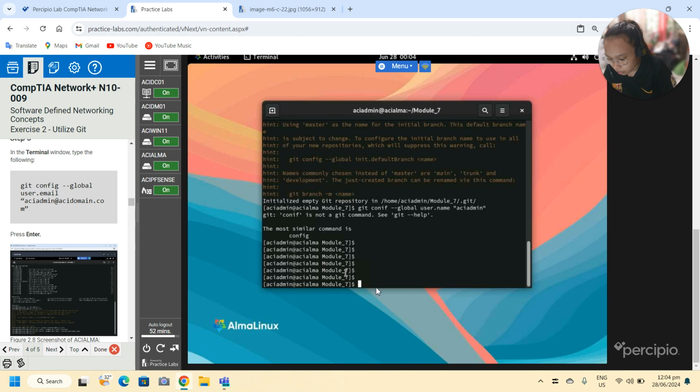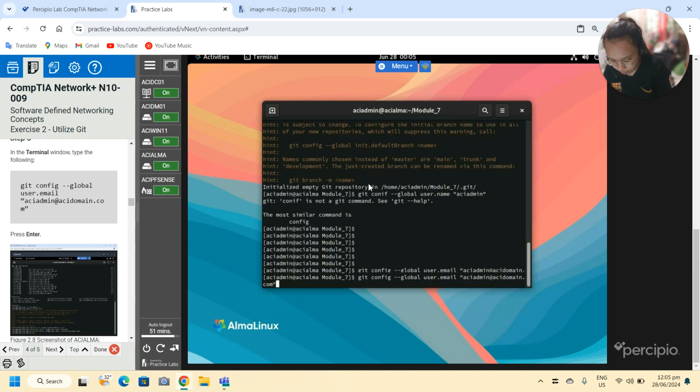So in the terminal window, type the following. We have git config global solidity email at domain.com.